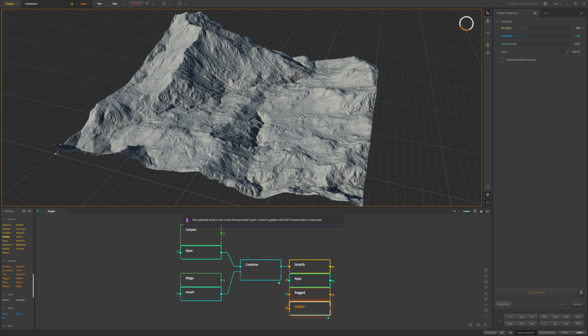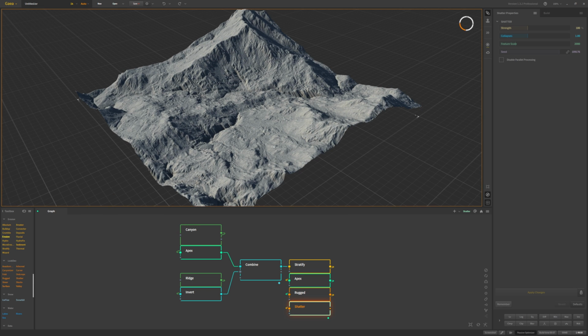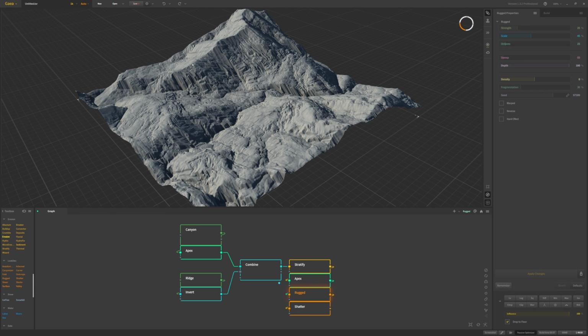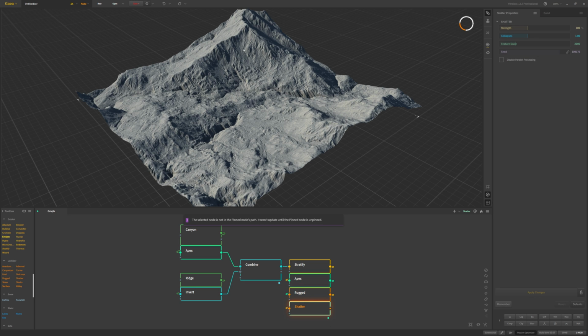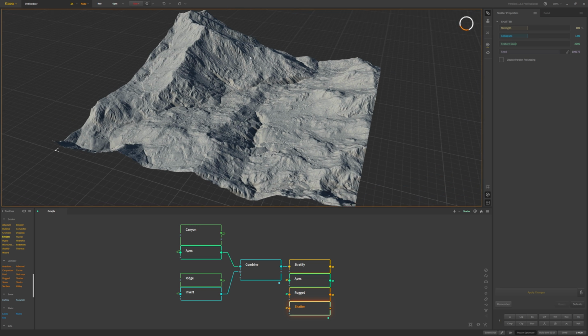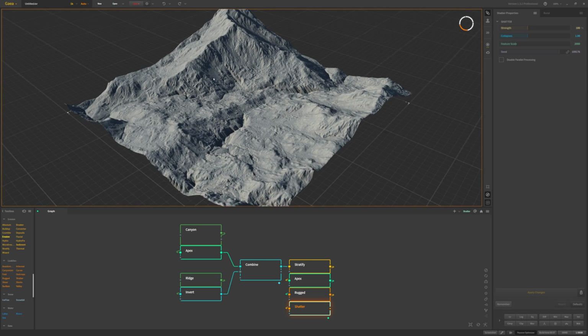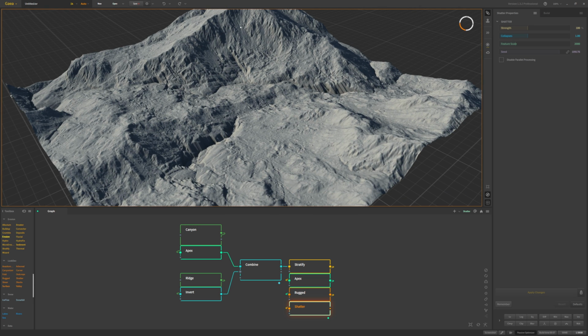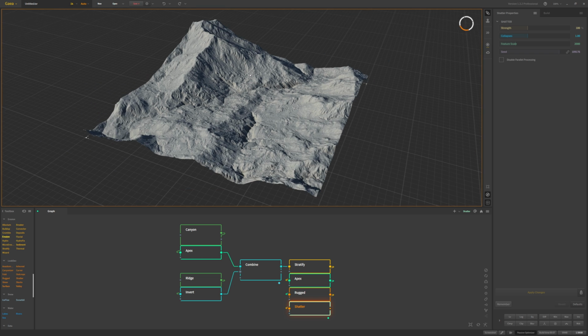But I like what that shatter does. It definitely adds a lot of breakup into that mountain range here. I'm looking at this kind of triangular shape as the face of the mountain. And when I add that shatter node, I really like what it does there. It adds kind of a lot of breakage, and then you get these areas that feel almost like a rock slide or structures that have broken apart and fallen down. So I think that's a